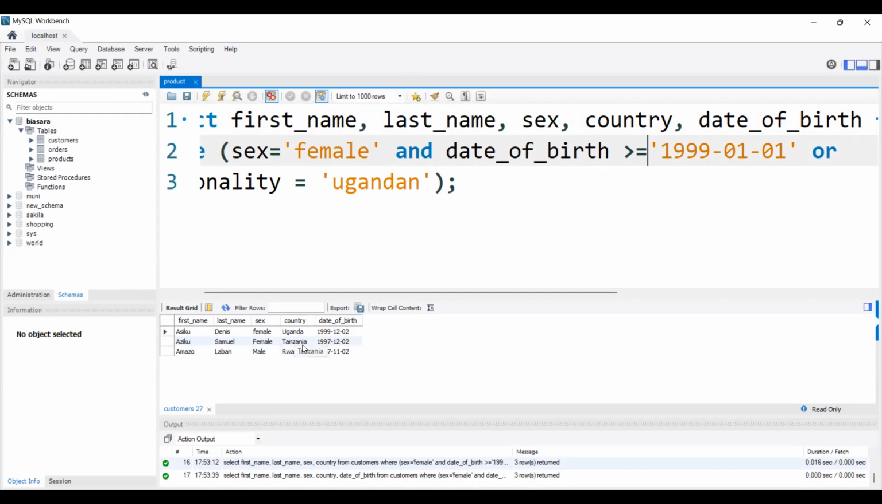but he's born, the country is a Tanzanian. Why is he still there when he's born after 1997? I think it's because of him being a female. Then Amazo Laban is a male, Rwandese, but he's born in 1997. Why is Amazo there? Can someone explain that? Why is Amazo being displayed